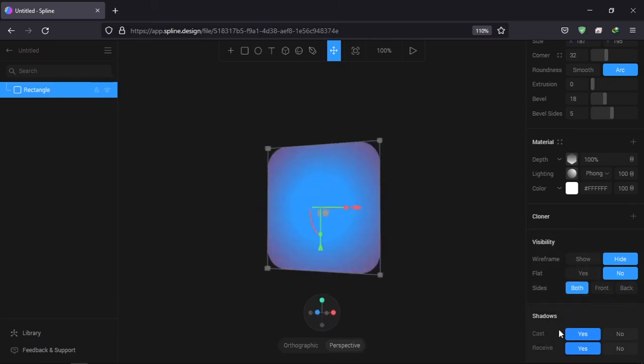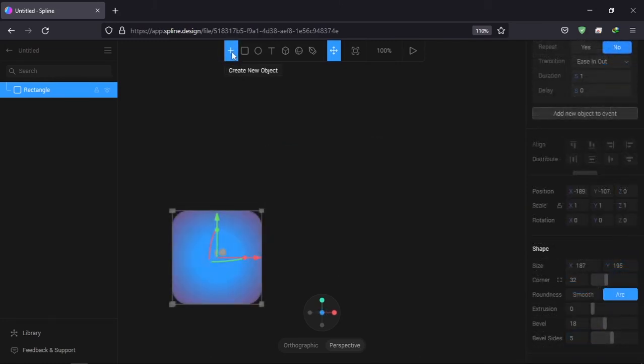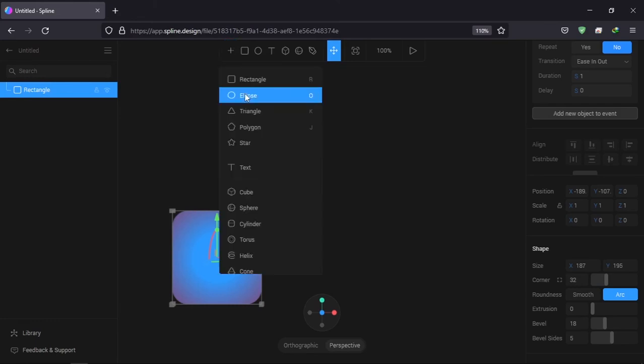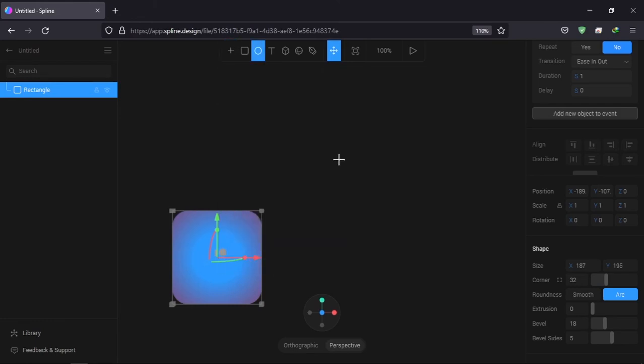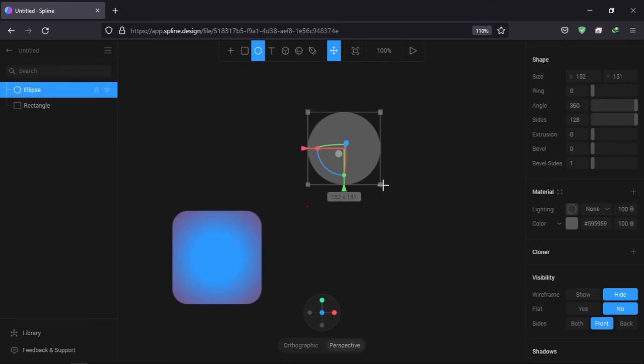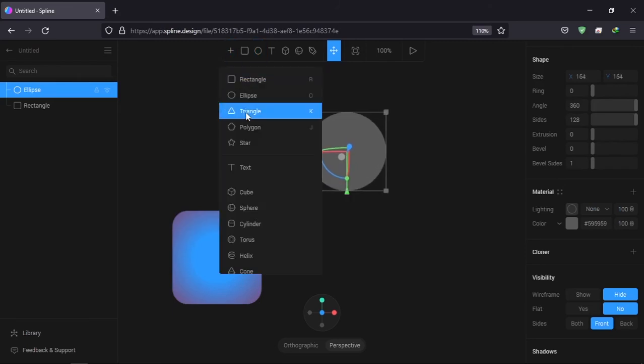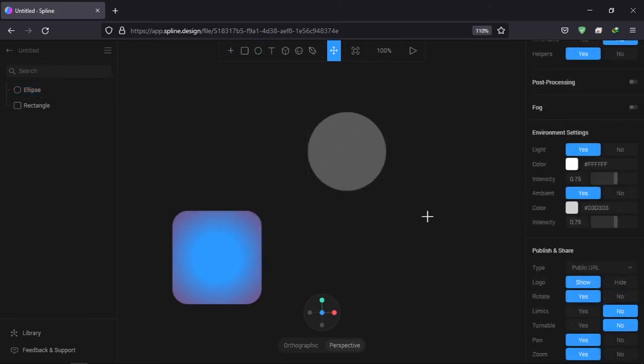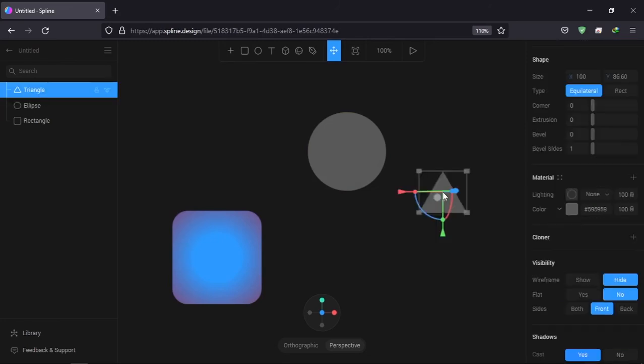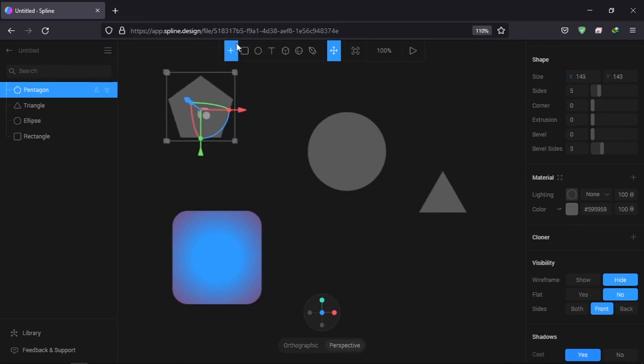And there is the option for shadows, whether to cast or receive it or not, so you can toggle between that. The types of 2D shapes, we can see there is a rectangle as we have worked on it, and there is an ellipse which you can just hit and drag to create it, and hold shift if you want to make a circle. And also there is a triangle. If you just select it and hit one click on the screen, you can create a triangle. And also there is a polygon and also a star.